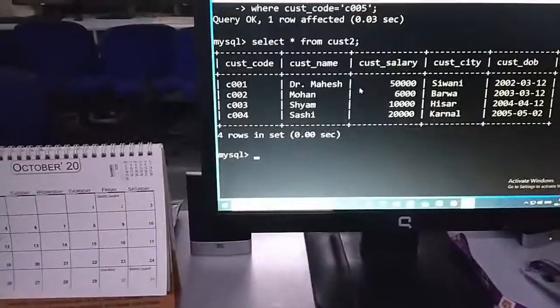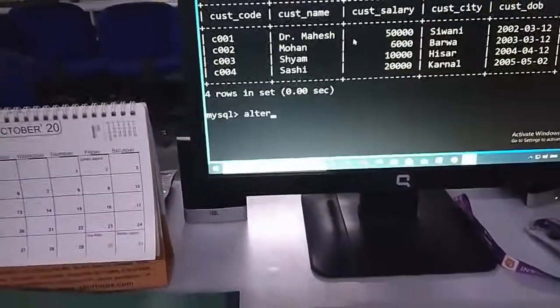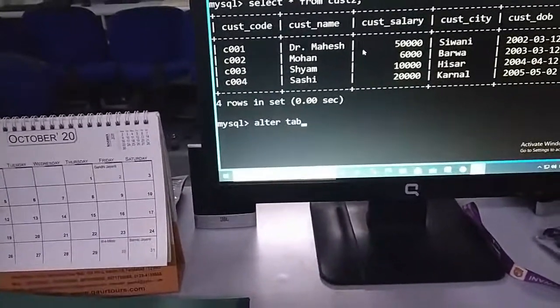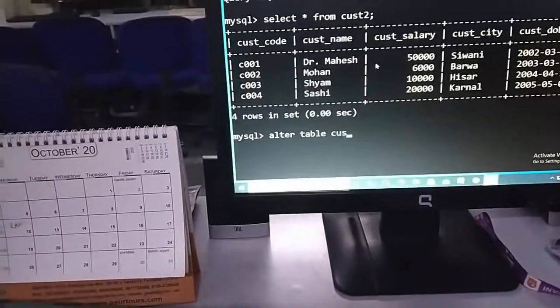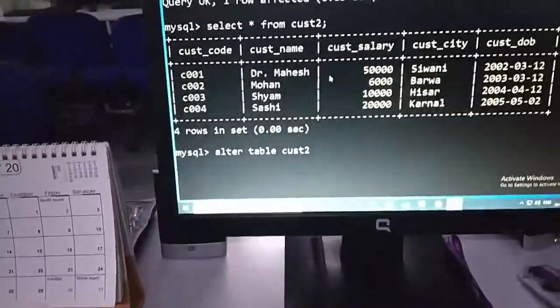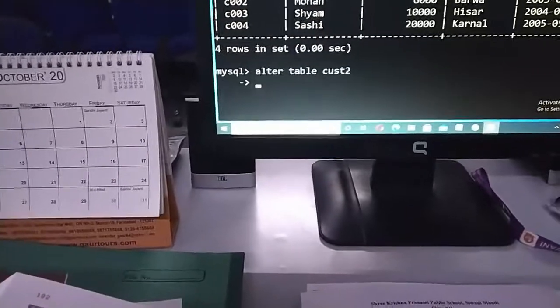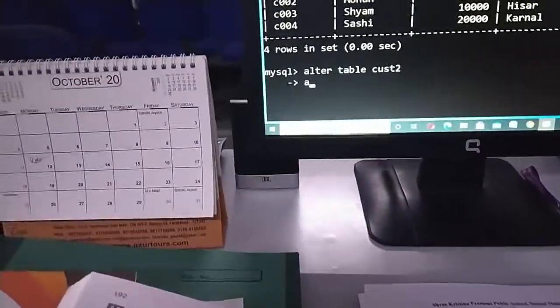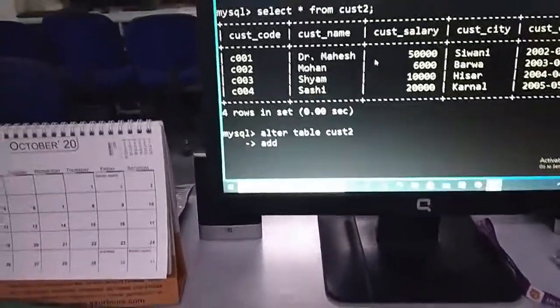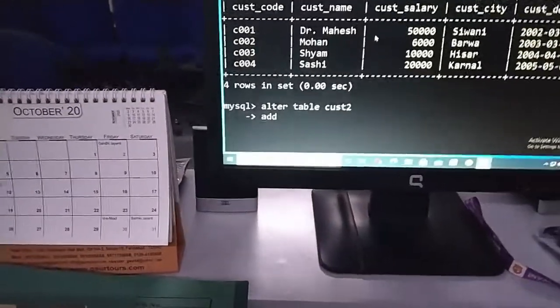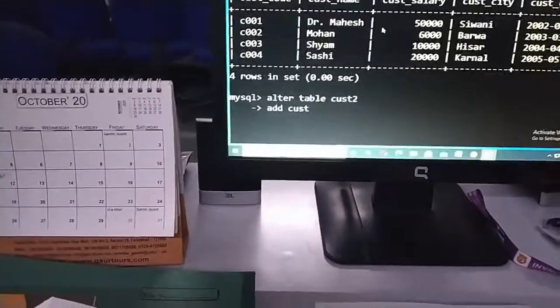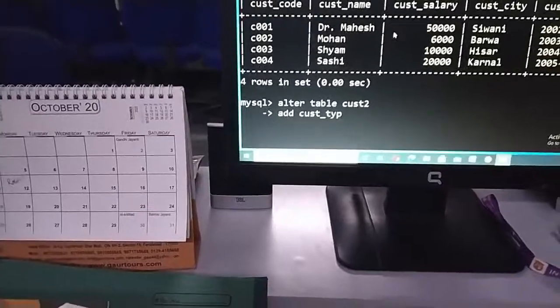So now the command is very simple. You have to say alter table name, since it's cust2. So alter table cust2, press enter, and then what alteration you want. I want to add a field, so simply say add, and then the field name you want. I want the cust type, so cust underscore type.